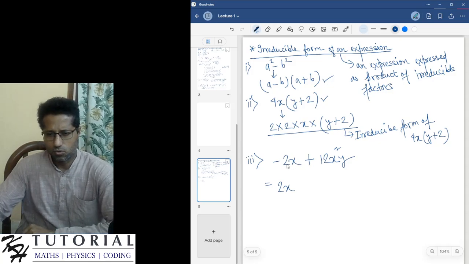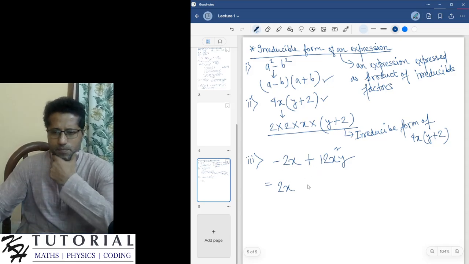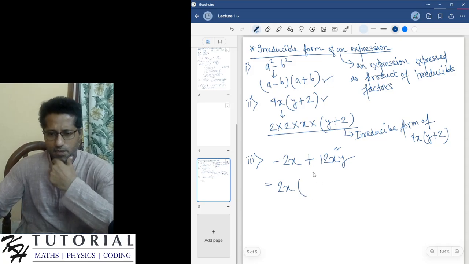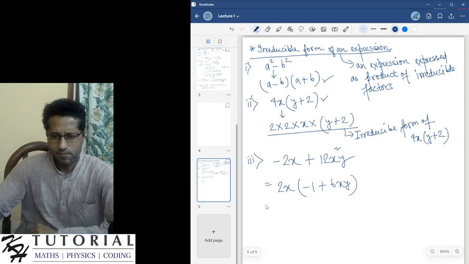Also, 2 is the HCF of the numerical coefficients of both the terms. So we will have 2x as the common factor, and then we are left with minus 1 plus 6xy. You can consider it as 6xy